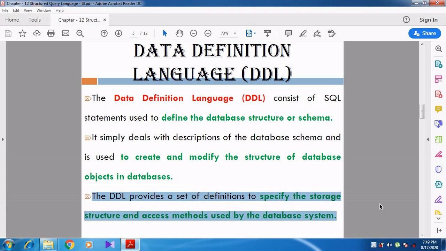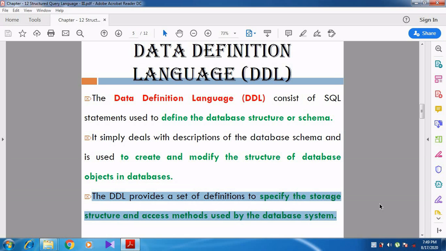For example, whenever you are filling a form, they ask for the applicant's name. Then what will you fill? You will fill your name. Will you fill your father's name? No, because they have asked for the applicant's name.